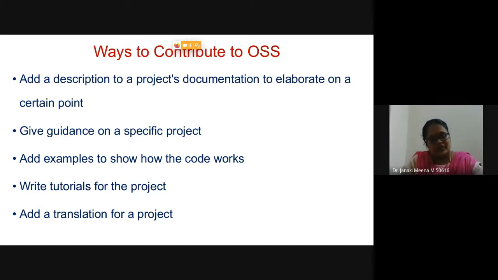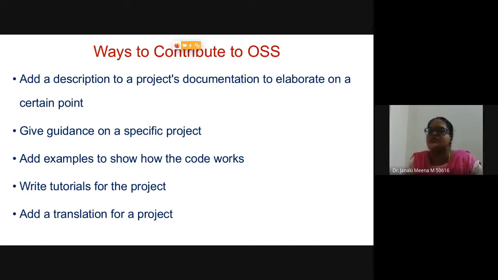So all software will come with documentation and comments, but they may not be very elaborate, because during development people concentrate on the code base, correctness and testing, right? They might have done documentation, but not in a detailed way. So what you can do is add examples to show how the code works.